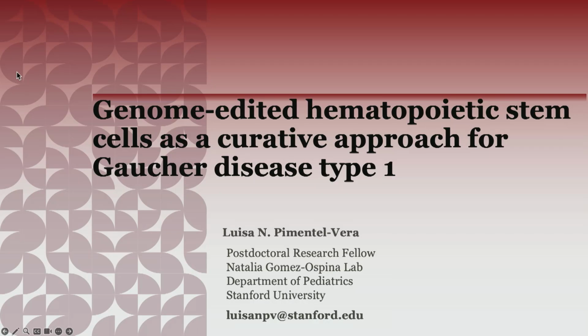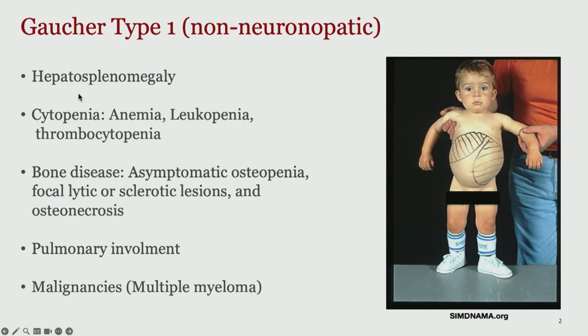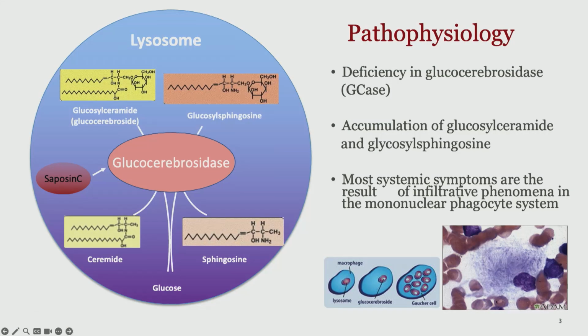Here the patients present enlarged spleen and liver, low blood cell counts, bone disease with or without pulmonary involvement, and blood malignancies. The symptoms can vary from mild to severe and can develop at any age, childhood being the most common onset. The problem here is the deficiency of glucosylceramidase, or GCase, that leads to accumulation of its substrate,